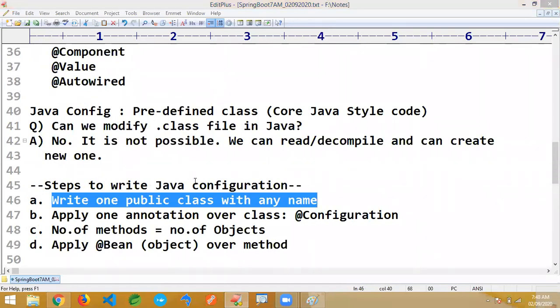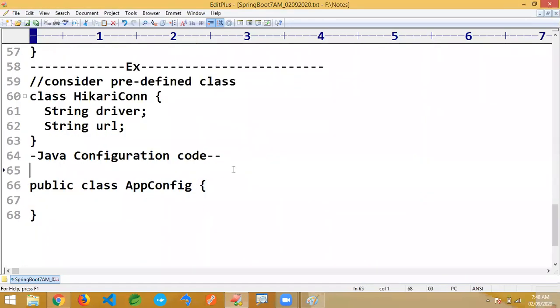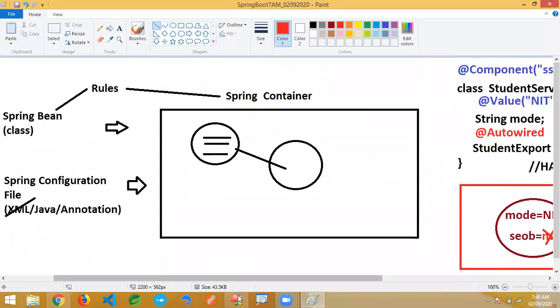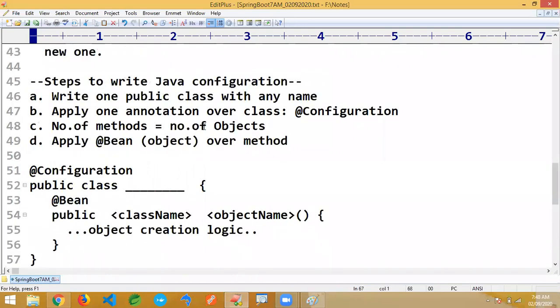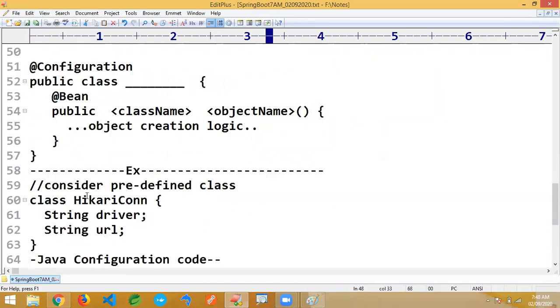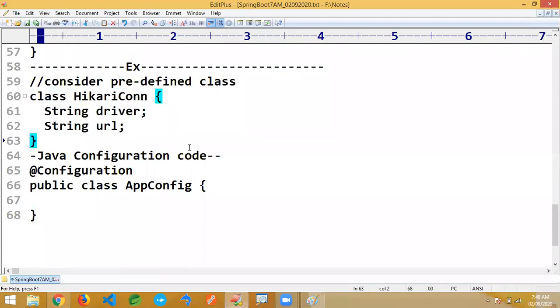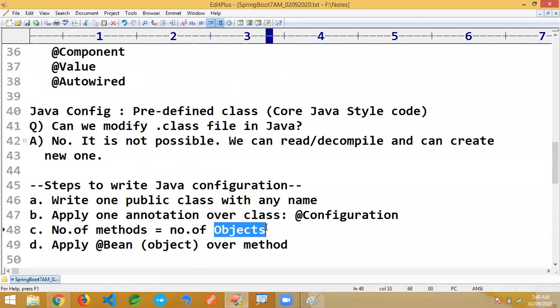Step two, I'm just writing here @configuration. Now I want one object. So here I have to tell the Spring container, please create my object. The container says follow these rules, and I'll create the object. Step three, I just want one object. The target is creating our class object. If you create the object, we can do something here. I want to create one object, which is nothing but one method you have to write. The number of objects you want to create is the number of methods you have to write.